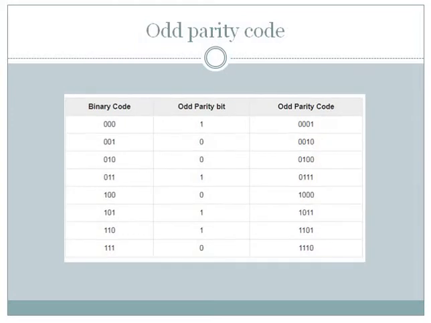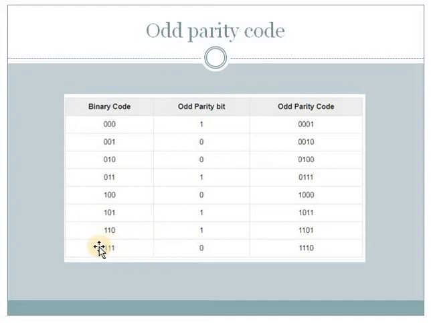See here in the odd parity code, where will you have 0 present? Here only one 1 is present. This is an odd number, so that is why 0 is present. This is the odd parity bit. Here 2 ones are present, that is why we have marked it as 1. So if it is an odd number, you should mark it as 0. Here again only one 1 is present. Here also 2, here also 2, here also 2.